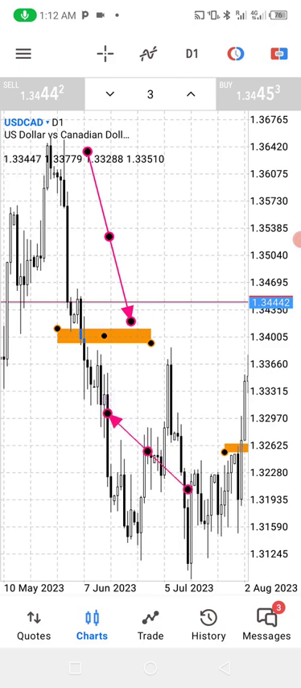This is a spinning top again. You can see it's basically a spinning top or closer to a dragonfly, but I cannot say it's a dragonfly because it has a real body, so it's a spinning top. So we are looking for a break. We are looking for a candle that will break it and then look for a retest, and then you're going to sell. Your stop loss should be above the spinning top